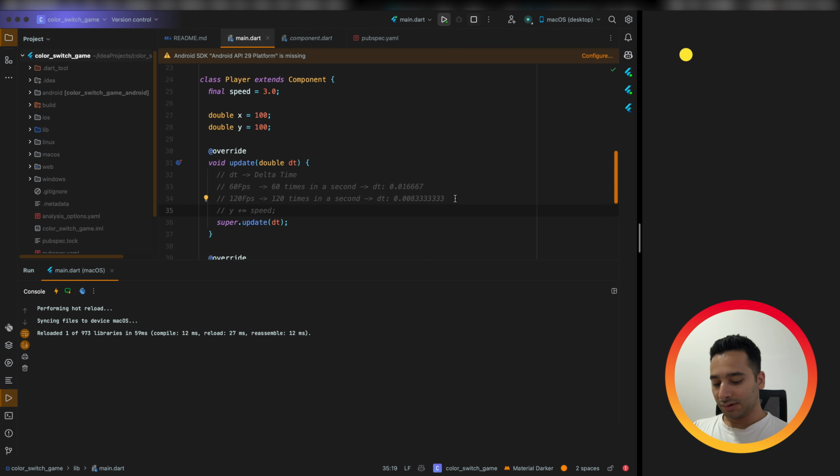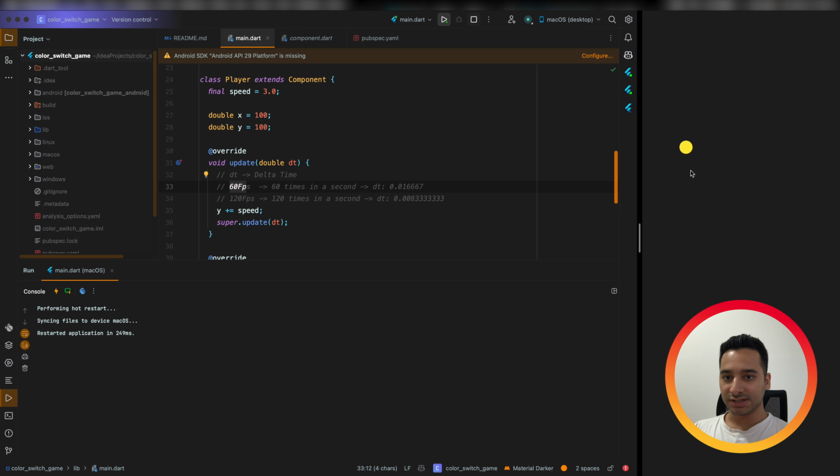So suppose we are doing this line of code on a 60 FPS machine, you will have this result. But what if we run this code on a 120 FPS machine? We will see our component is moving twice as fast. Why? Because this function is getting called twice as often, so we are increasing our variable at twice the speed on a 120 FPS machine.